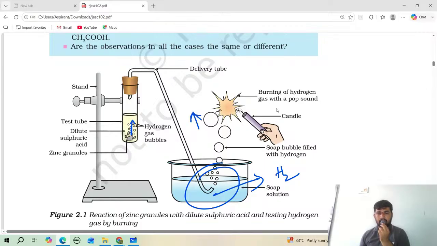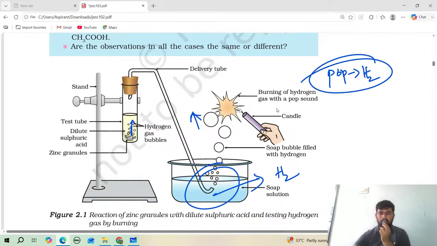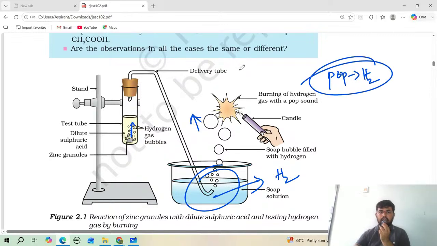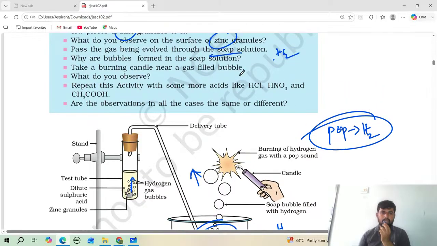That's why they use the soap solution to trap the hydrogen gas. Later they bring a glowing candle near it, and it burns with a pop sound. If a pop sound is produced, we can say there is production of hydrogen gas. So this is not a problem for us, because it is given in the activity. Now see, they're asking to repeat the activity,